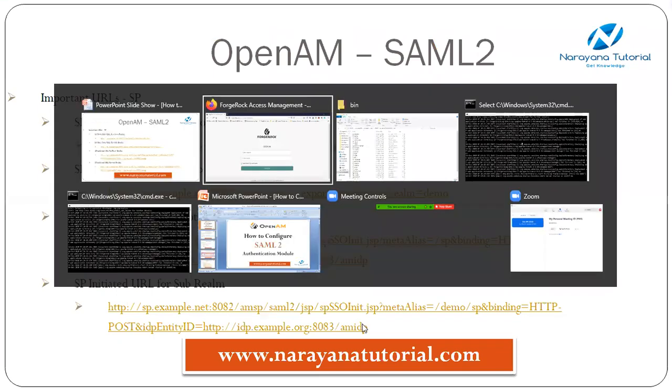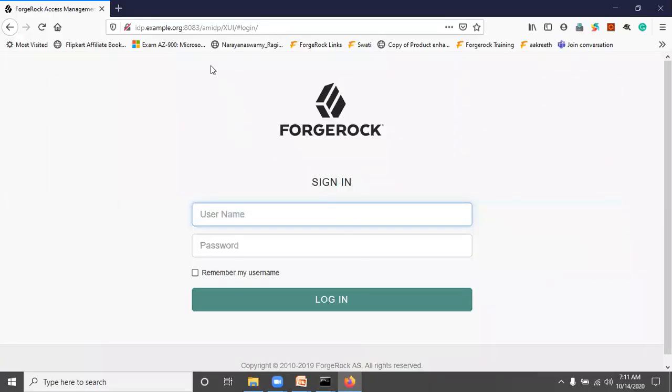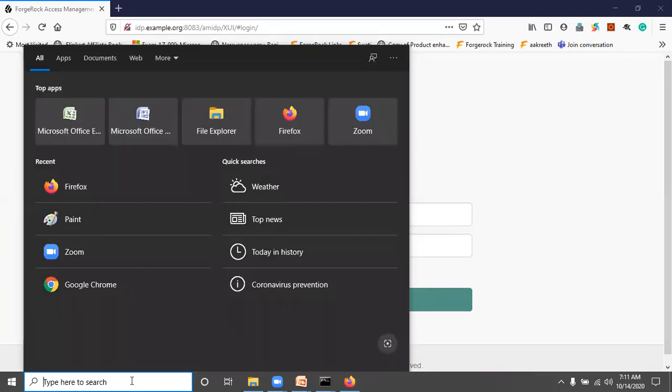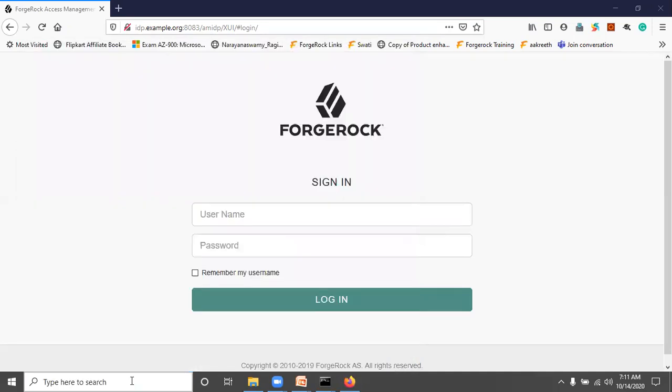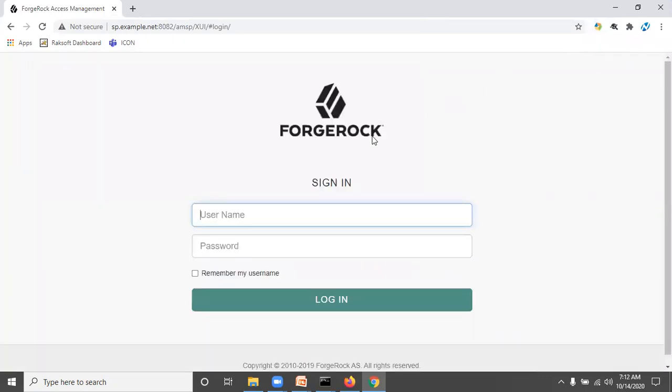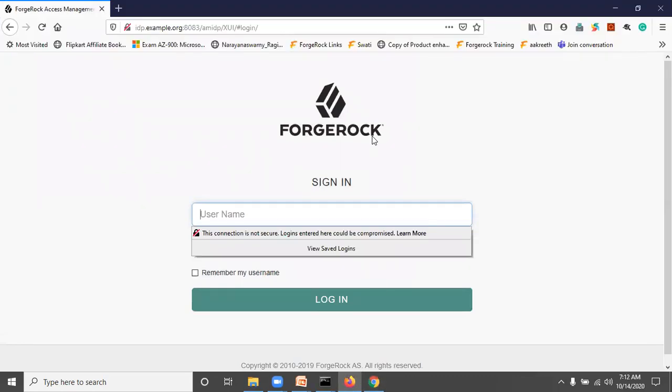Now we are accessing the IDP OpenAM. The same way we have to access the SP application from Chrome, sp.example. So now we are accessing the IDP and SP applications in two different browsers.